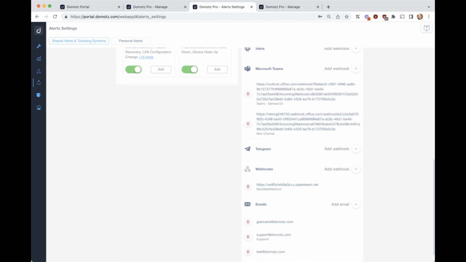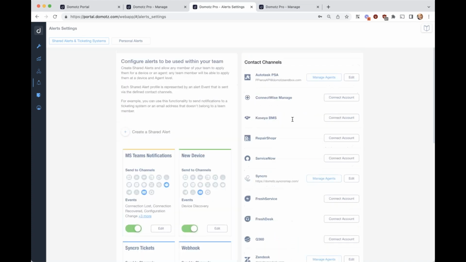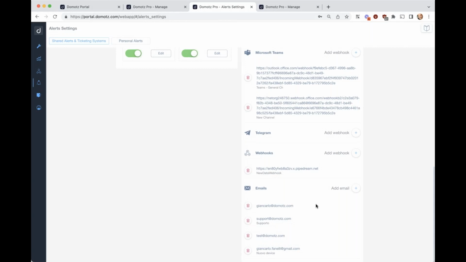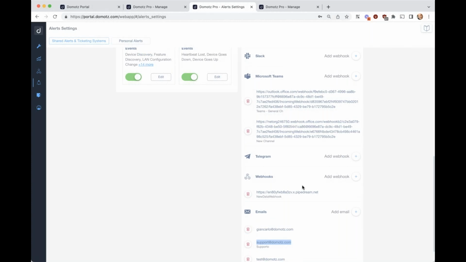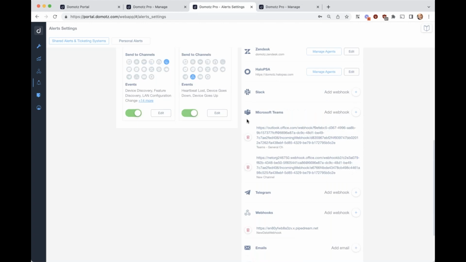delivery or contact channels to deliver alerts to your team, either through email, so you can specify an email address that can be used to deliver the notification if something happens on your networks. You can use a webhook. So for instance, if you have your own web server and you want it to be notified if something happens in Domotz, you can configure webhooks. You can configure some chat platform like Slack, Microsoft Teams, or even Telegram to receive notifications